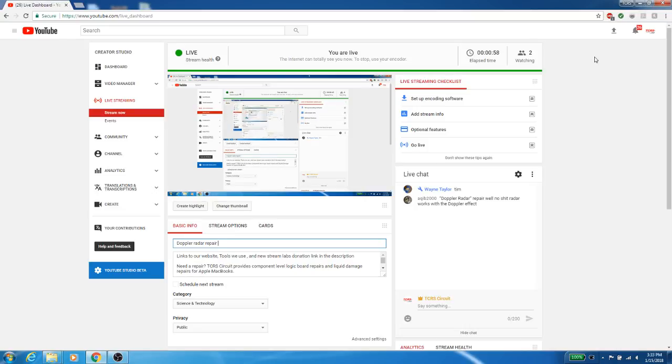Radar, not all radar works on the Doppler effect. That's actually wrong. It's not true at all. There are different types of radar. There's pulse Doppler, there's true Doppler, and then there's plain old radar, which sends out a signal and listens for it. So I'm going to go through the issue that we're having with the radar here,